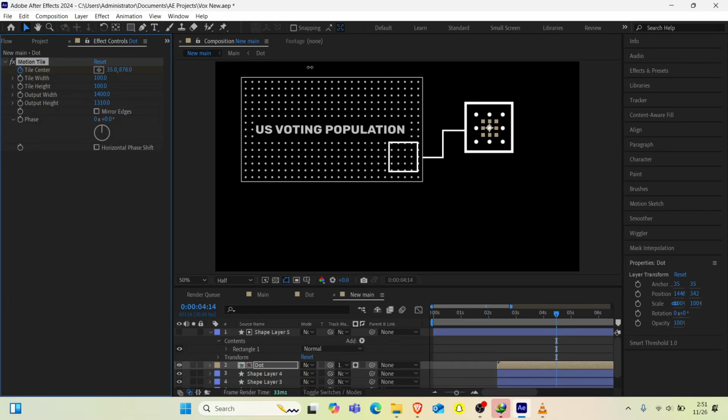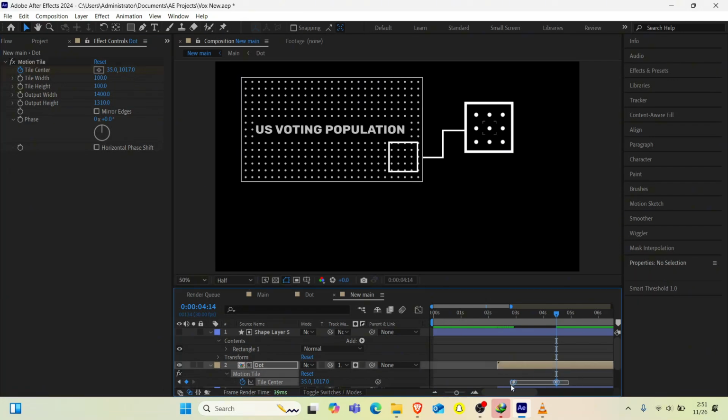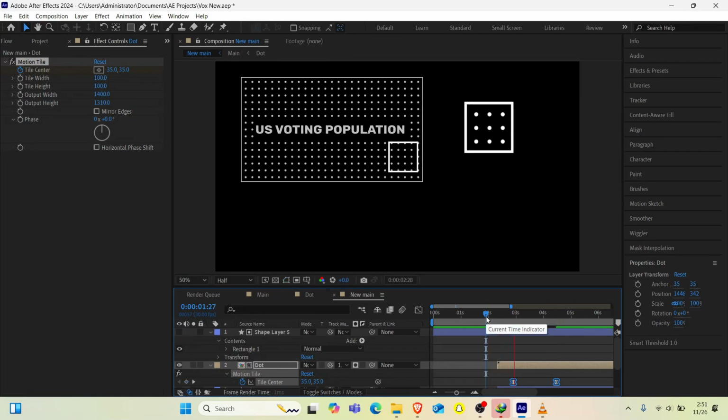Yeah, so you can do it as many as you can. You just keep on pushing. You can take it to 1 million if you can, at least just watch what I'm doing. I'll select all the keyframes, hit F9 to easy ease. Okay, it's too fast, so we will hold Alt and stretch the right keyframe to the right side